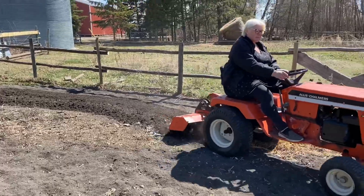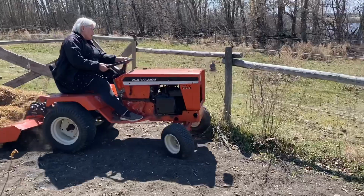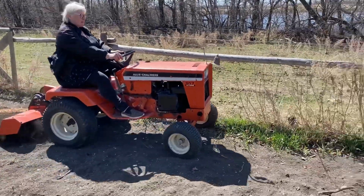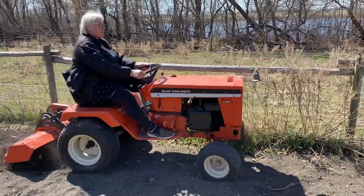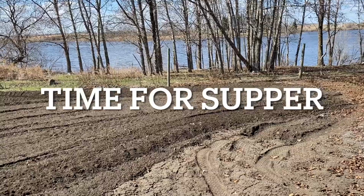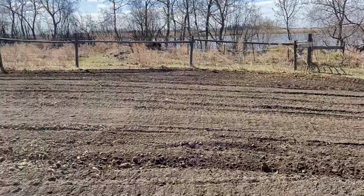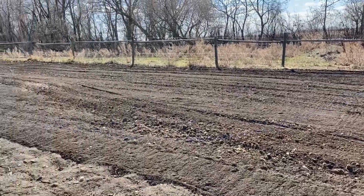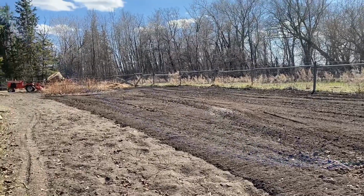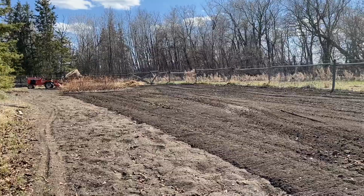Moisture in the ground. We're having a real dry spring here. Here is the garden tilled. Next, we need to make our rows, and we're going to do them like Jim and Rinda on Hardiness Approach, with ground cover and